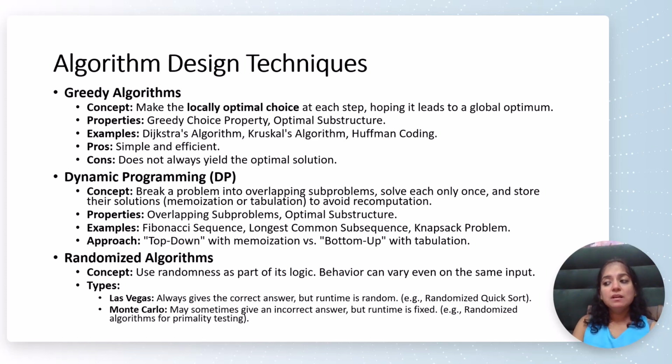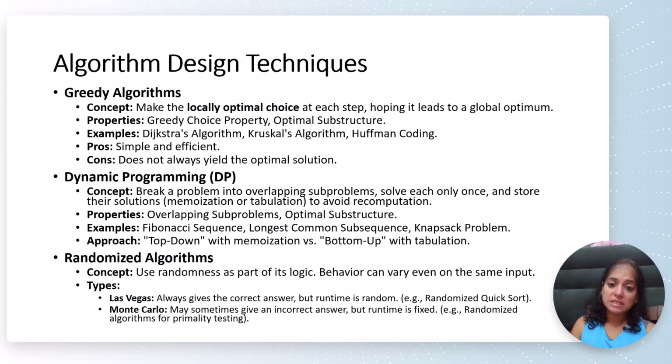Greedy algorithms take the locally optimal choice at each step, moving towards the global solution. As the name suggests, these are greedy approaches. They try to find the optimal substructure, like Dijkstra, Kruskal's and Huffman coding. They do not always yield the optimal solution, but they are simple and efficient. Then dynamic programming breaks your problem into small subproblems and stores the solutions